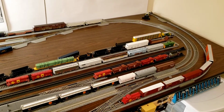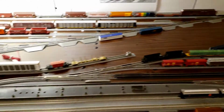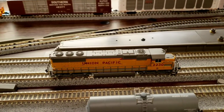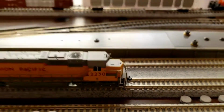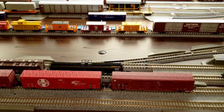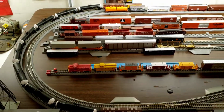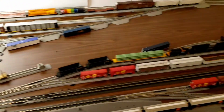It's Thursday night. Got a little bit of rain coming down outside, and thought we'd show you a quick look at the layout here with 2230 setting on the rail, and got some box cars sitting there in the siding tracks, and a little bit later we may pull a train and do a video on it,